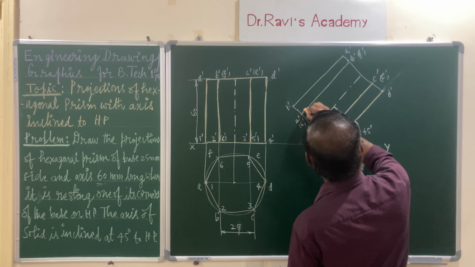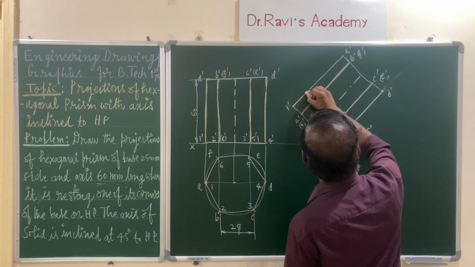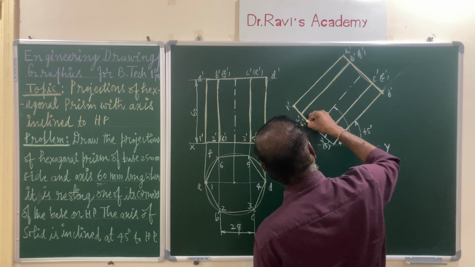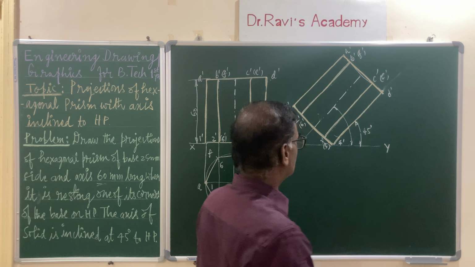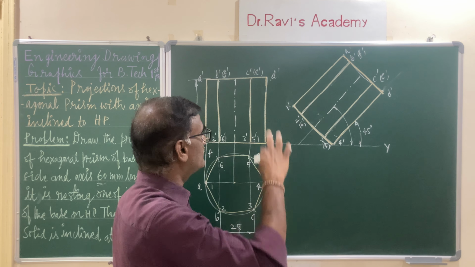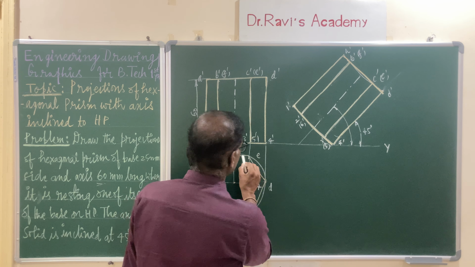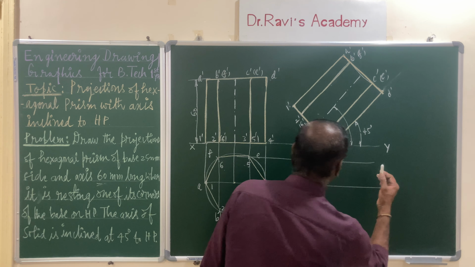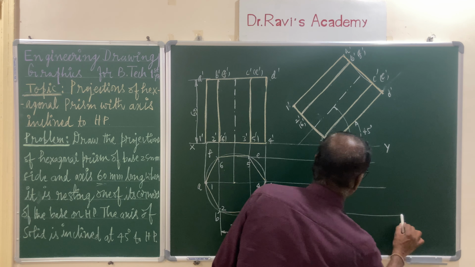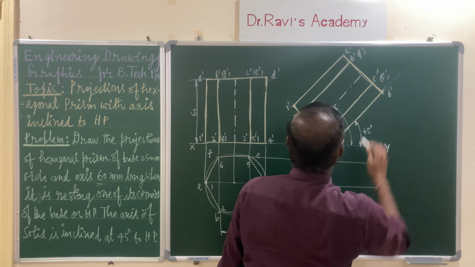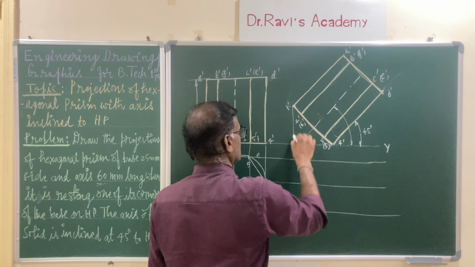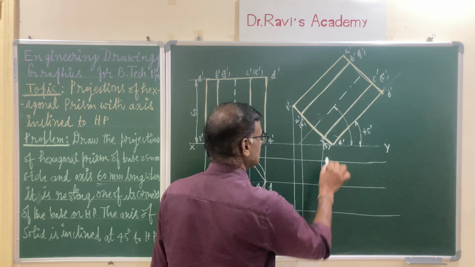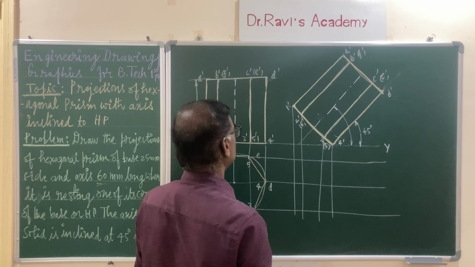I am using a color chalk to denote it. And draw with the 2H pencil the vertical projectors and the horizontal projectors. Let me draw horizontal projector and horizontal projector, right, and draw the vertical projectors from each corner of the solid and locate, this is bottom